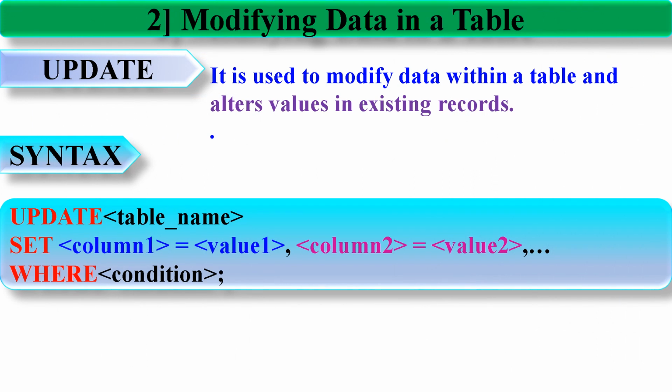Let's learn how to modify data in a table. To modify data within a table and alter values in existing records, we use the update statement. The syntax is: UPDATE table_name SET column1 = value1, column2 = value2, and so on, WHERE condition;